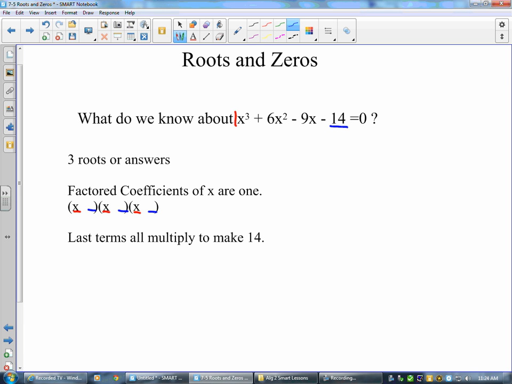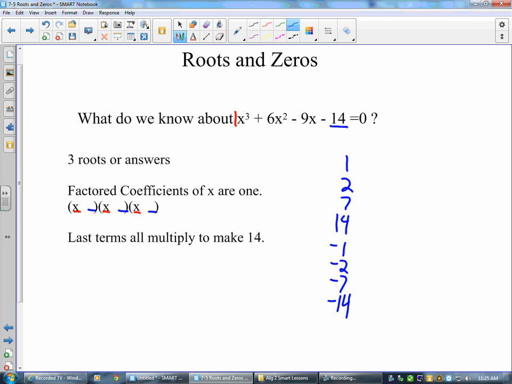Okay, so what else do we know? That means if I was to try and factor this and find the roots by guess and check, I'd have to check 1, 2, 7, or 14, and I would have to check -1, -2, -7, and -14. Well, that's a lot to check for a number that only has 2 ways to multiply to get to 14. So